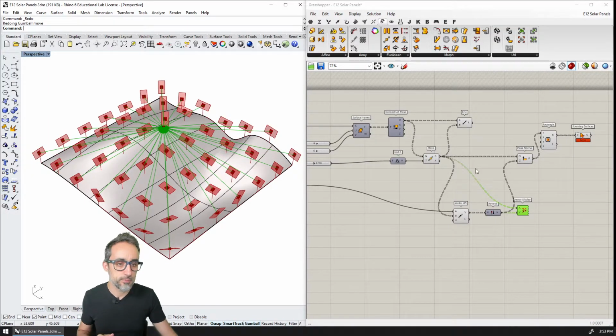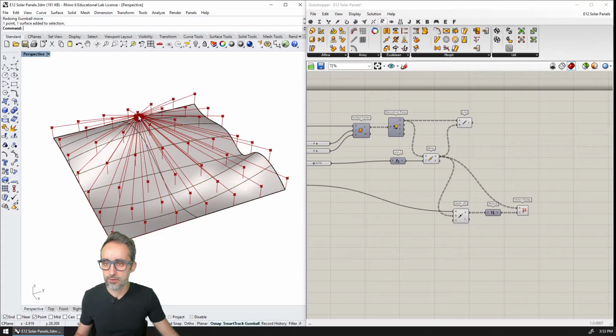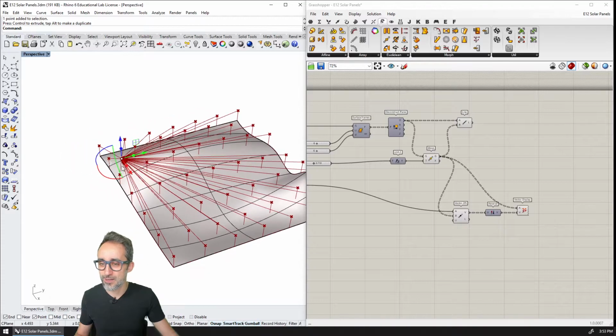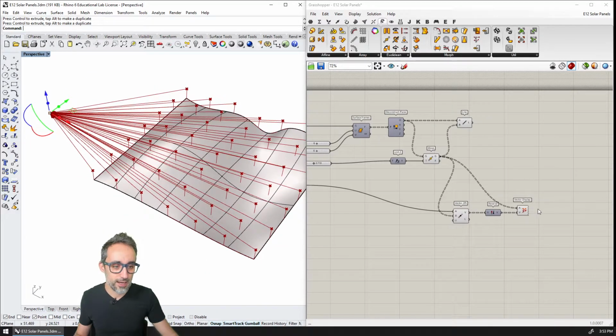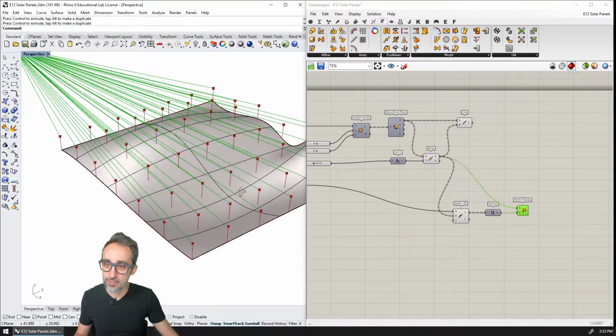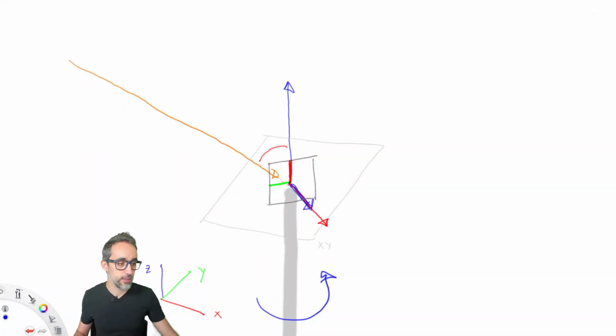So we were here, and I'm going to remove all this stuff that is not really working well for us. And I'm going to take the sun and move it somewhere farther out here, so that things are a little clearer. I'm going to remind us that we have the vector that is pointing towards all these points. Now, what I need to do is create a plane that contains this z vector and the vector of the sun.